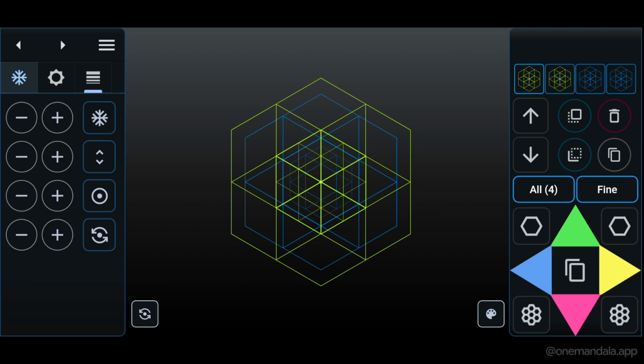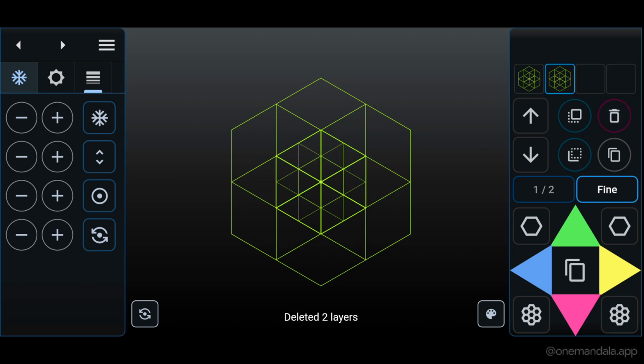Now, let's still look at the remaining layer operations, arranging and deleting. If I would like to move these green layers behind the blue ones, I can select the 2 green layers and press the Arrange Backwards button here, like this. I can also bring them back to the front, like that. And if I would like to delete, for example, these blue ones, I select the blue ones and I hold down the delete for a while, like that.